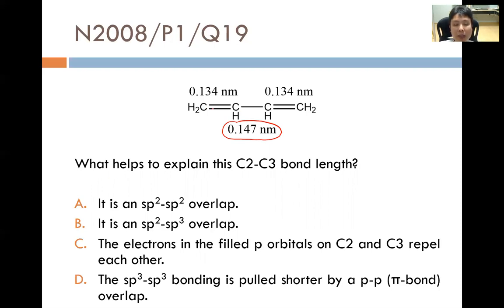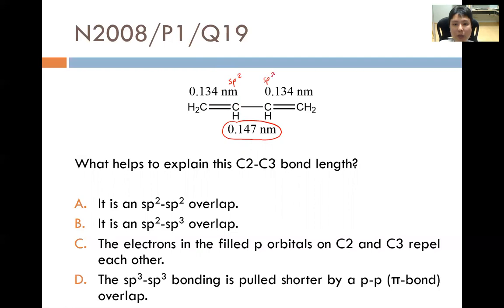If we look at the overlap of the orbitals between this carbon and this carbon in forming this CC single bond, and look at the hybridization of this carbon, how many electron domains are there around this carbon? The answer is 3. There's one electron domain here, one here, and one between the C and the H. And there are no lone pairs, which means there's a total of three electron domains around this carbon atom, which means that the orbitals used for overlap to form this CC single bond are an sp2 orbital